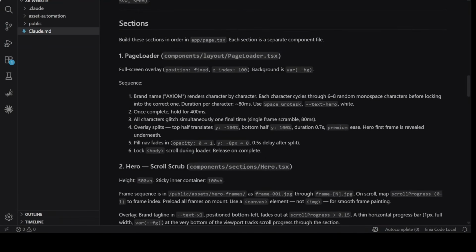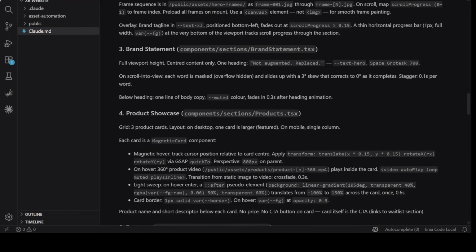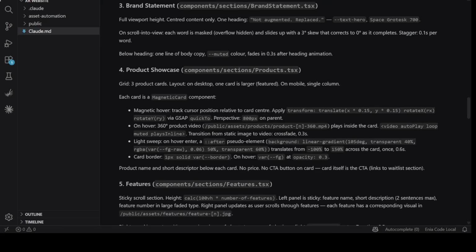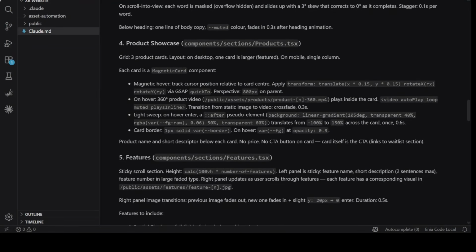This is an important part because you want to describe exactly what sections you want to include in your website. I've started with a page loader. I want my website's experience to be highly engaging, which is why you need to get the viewers' attention from the very beginning. So I will start with the page loader, then we have the scroll scrub animation in the hero section, followed by a brand statement which will give a little description of the brand, after which we have the interactive product showcase where there will be cards, and once you hover over them, it will play the 360 showcase video